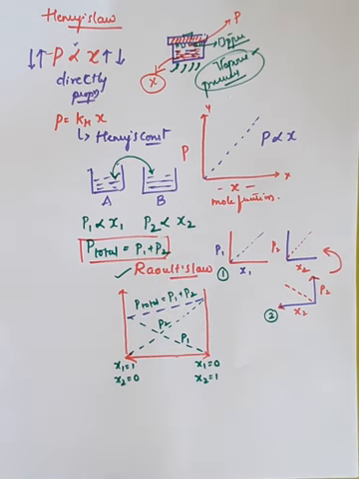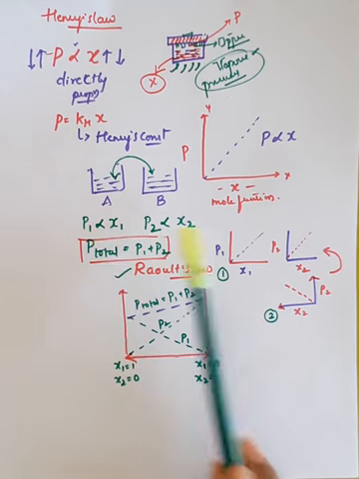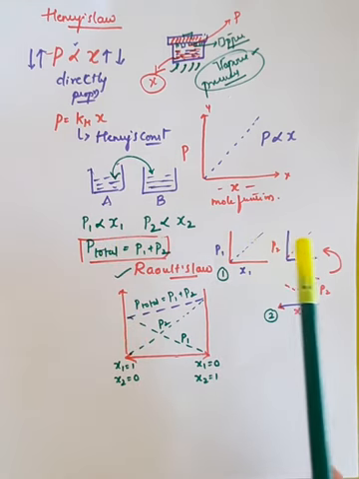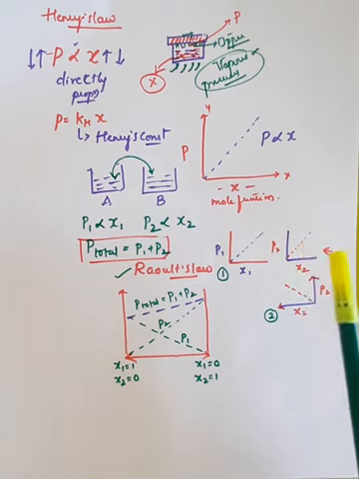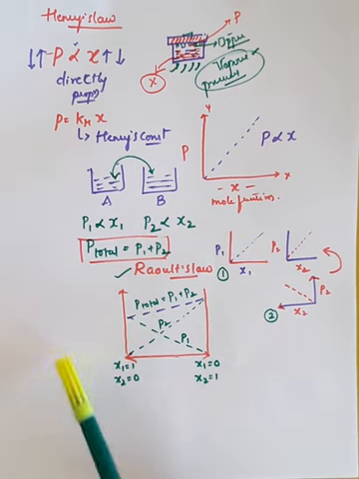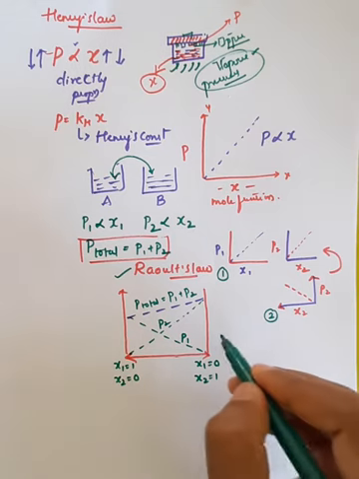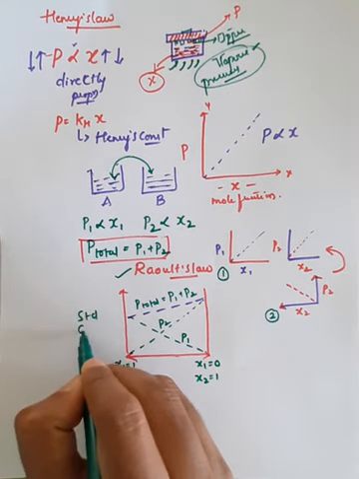With the help of the Henry's law graphical representation, if you plot a graph for P1 and P2, it looks like this, right? If you take the second graphical representation as a mirror image, then you can mix these two graphs, and the combined graphical representation can be given like this. This is called the graphical representation of Raoult's law, which is very important. Whenever you know the graphical representation of Raoult's law, there are two important cases. This is like a standard graph.